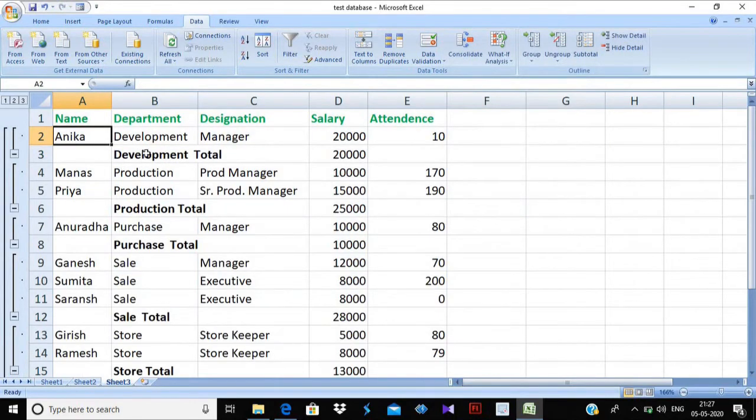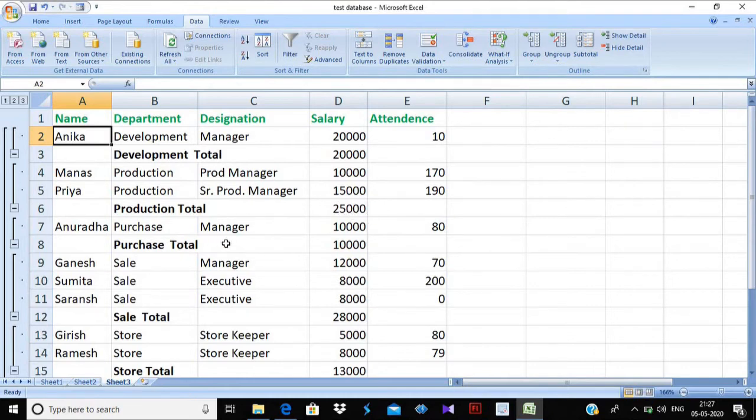See, in the development department the total salary I have to give is 20,000, because only one member is there and her salary is 20,000. In the production department there are two employees, Manas and Priya. One salary is 10,000 and the other is 15,000, so their total is 25,000.